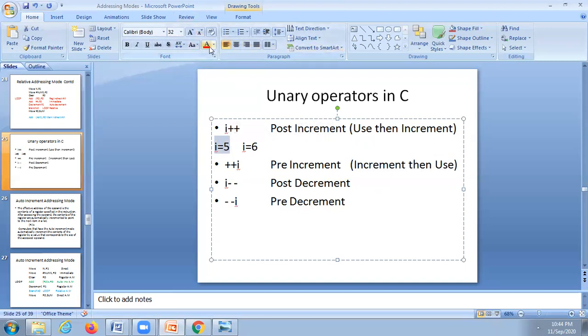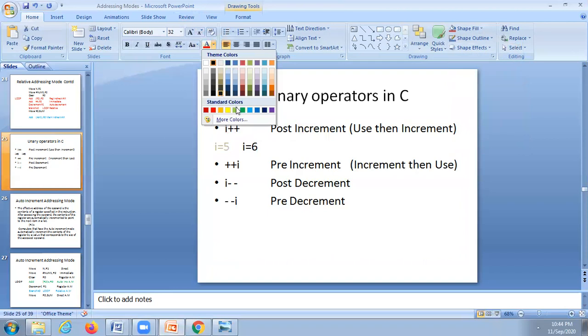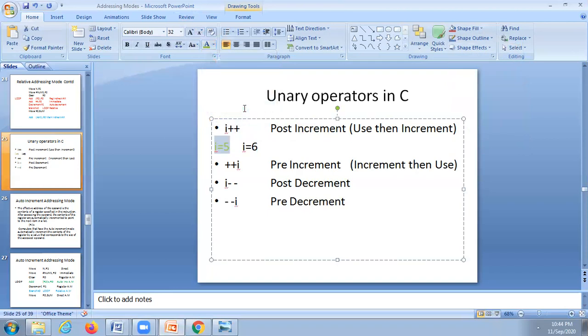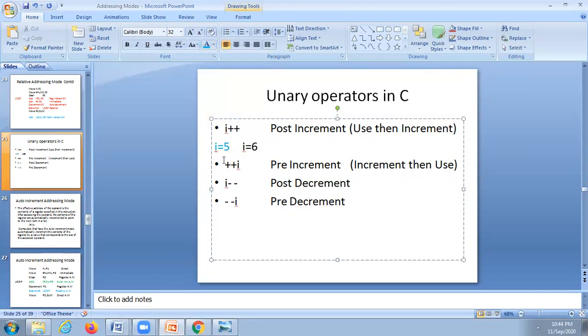Here, I is equal to 5 is used in the current instruction or in the current execution time.